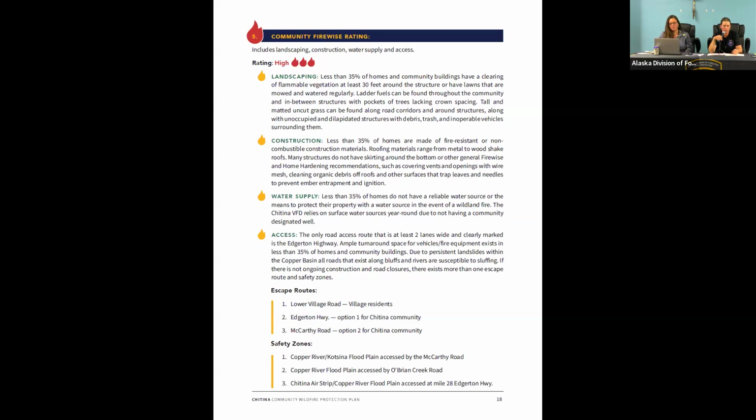And then thinning the trees. We're not saying you have to remove all your trees, but thinning the clumps of trees to the more desirable species, so that the branches aren't all touching each other, where it can basically create a ball of fire that's going to be hard to put out. Again, we brought up the tall, dry, matted, uncut grass around the road corridors and around structures as a huge concern.